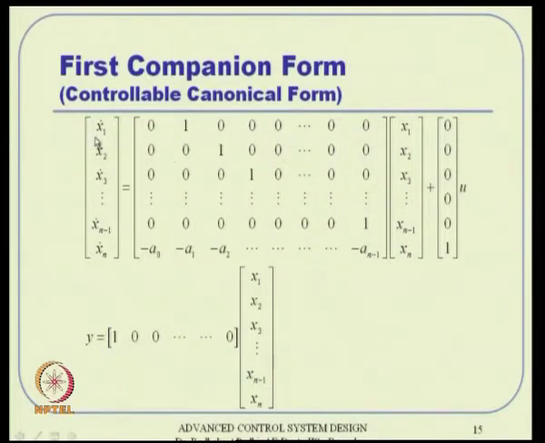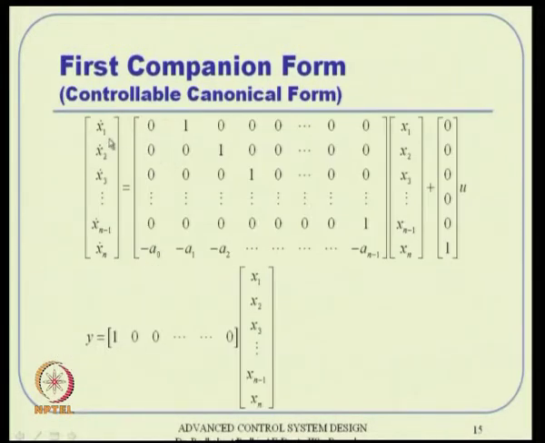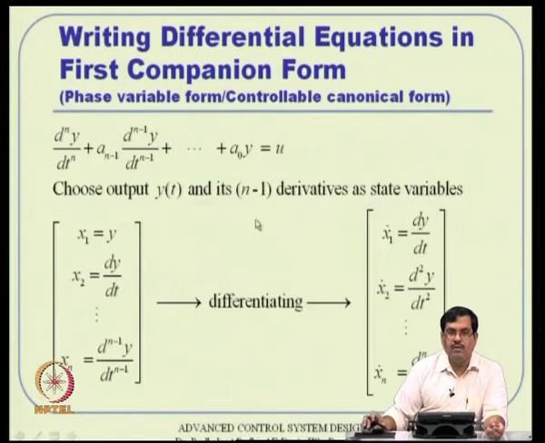Right. So, for the first n minus 1 derivatives, that comes from simple definition: x1 dot is x2, x2 dot is x3, like that actually. So, x1 dot is x2, so that is why there is 1 here, x2 dot is x3, that is why the third column for second row is 1, and then things like that go up to x n minus 1 dot. So, all these things are coming simply from definition. And along with that 0 0 0 will go here, because the system dynamics does not contain any higher order, I mean y is not a function of y dot and things like that actually.